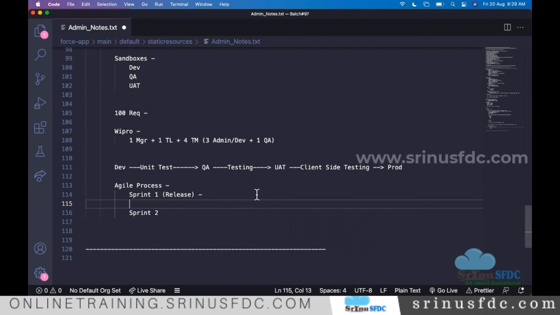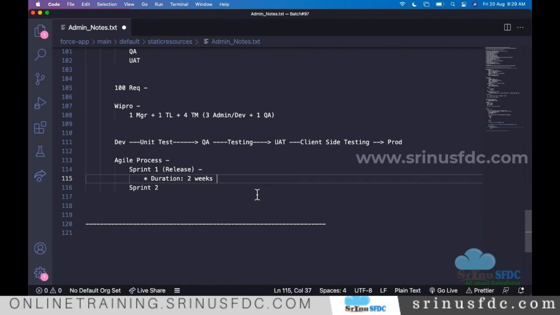In general, the duration of a release as per the Agile process should be 2 weeks, or based on the company, let's say they want 1 month, they keep it for 1 month. Let's say the duration is 2 weeks in one of the projects. The employees decided to have 2 weeks. So out of these 2 weeks, 1 week is for development, the configuration or development, whatever. And 1 week for testing.